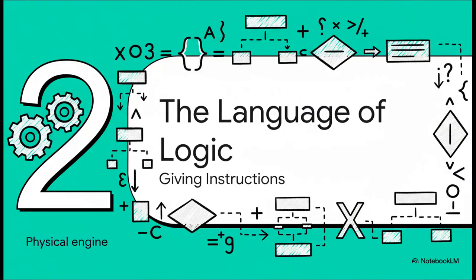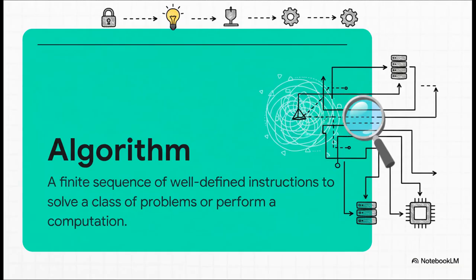Okay, so we've got our physical engine. Our brain is sitting there, ready to go. But how do we tell it what to do? This is where we climb up to the next layer of abstraction. We need a language, a set of rules. We need algorithms. An algorithm is really the soul of any piece of software. It's the pure abstract logic. Before you ever write a line of Python or Java, you have an algorithm. It's the essential blueprint, the step-by-step recipe that translates a human idea into a series of commands the machine can